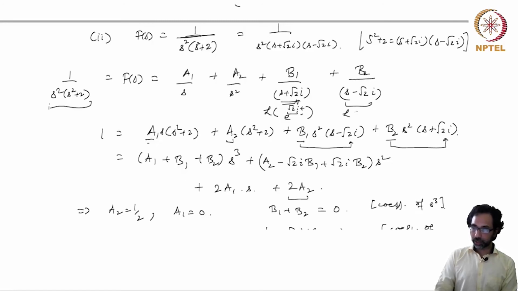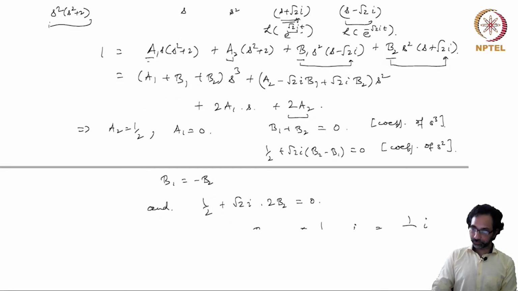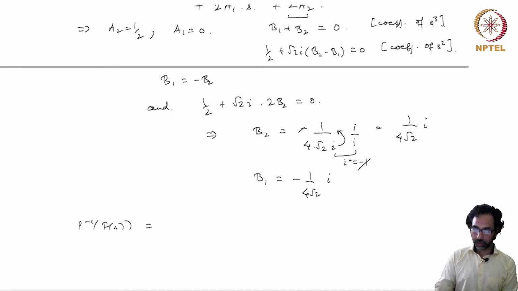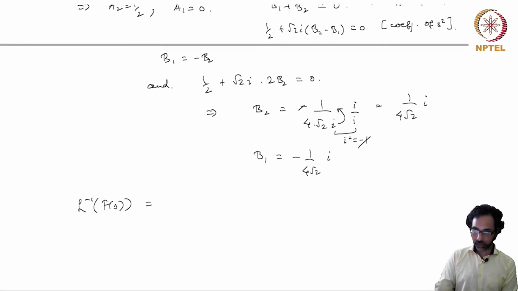And here you have the Laplace transform of e to the power minus root 2i times t, and so you will get L inverse of F(s) is equal to, so the first one, a1 is 0, so you don't get anything. A2 is half